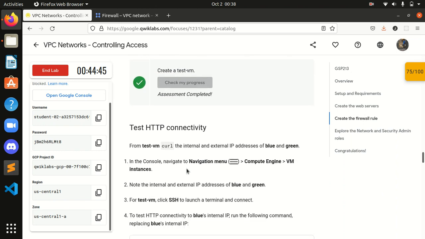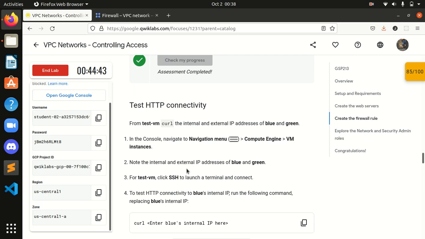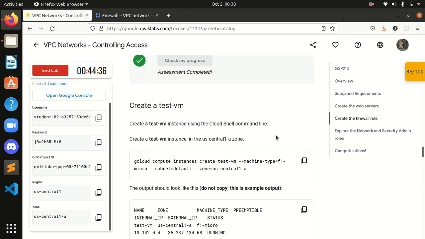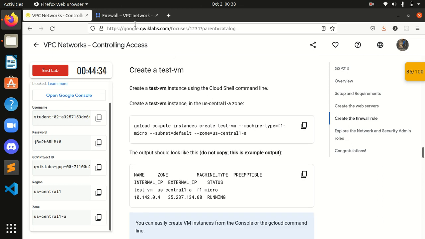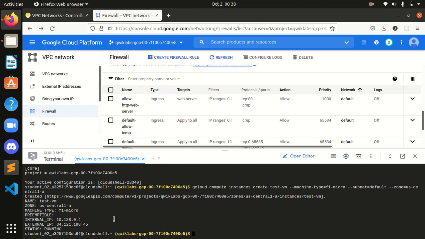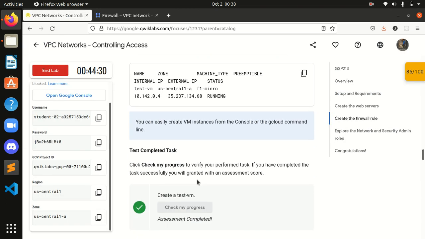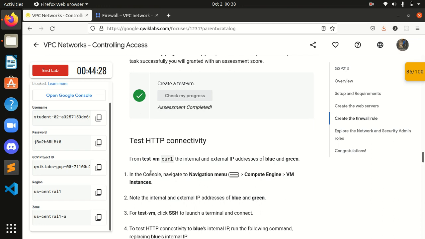Now let's test HTTP connectivity from the test VM. From the test VM, curl the internal and external IP addresses of blue and green.